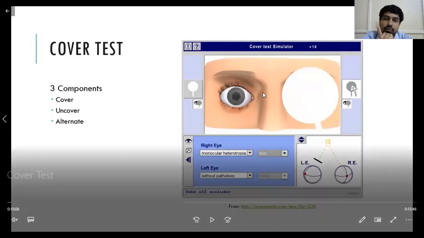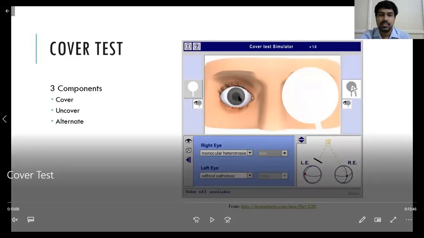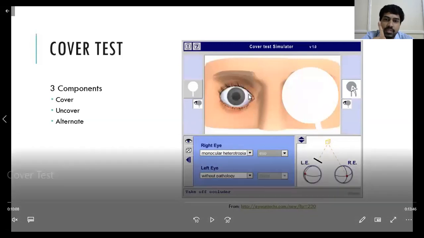So from the cover test, what you can say is that it is a heterotropia, that is, on covering, this eye is taking fixation. So what are the inferences from this? The vision in this eye is good. The vision in this right eye is very good. That's why it is taking fixation. You are showing him your finger. This left eye is looking, this right eye is not looking, because of suppression it went inside previously. Now when you occluded the left eye, because there is good vision in this right eye, it is taking up fixation, it is looking at your finger. So the first point you notice from this is that this right eye is having good vision. That is point number one.